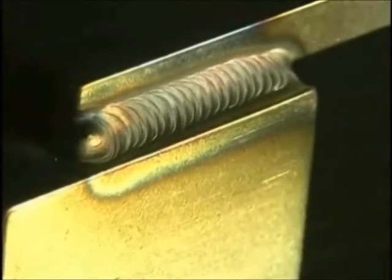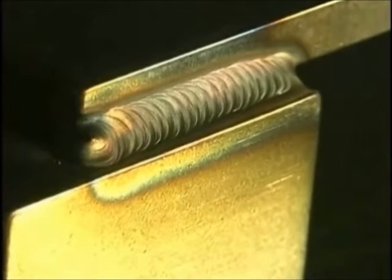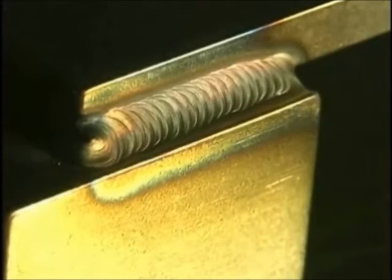All right, here we're running somewhere between 50 and 100 pulses a second, and just dipping the rod very frequently. I'm trying to make nice tight ripples. You can see the puddle's kind of staying where I put it, not wanting to wick over to that edge right next to it, and that is one of the benefits of pulse welding. That makes for a nice weld, but nice tight ripples. But the ripples, like again, is just me